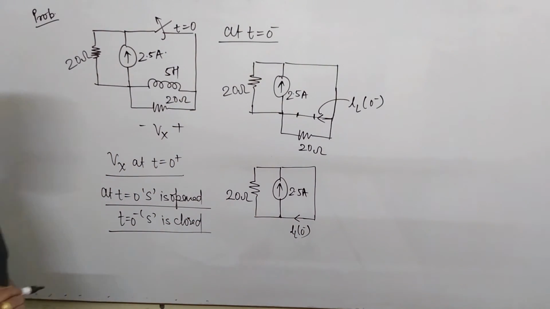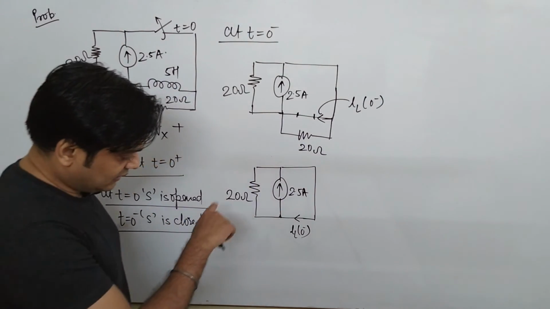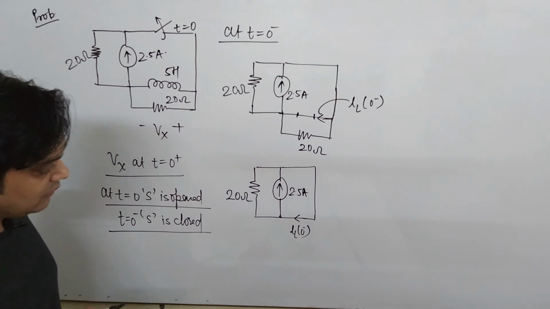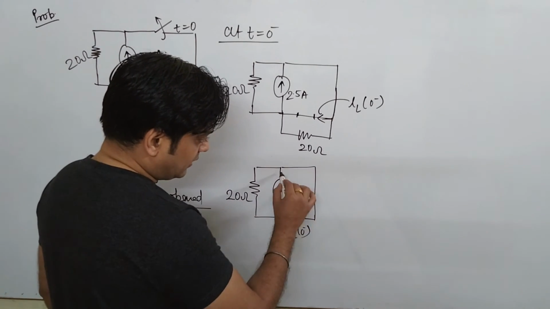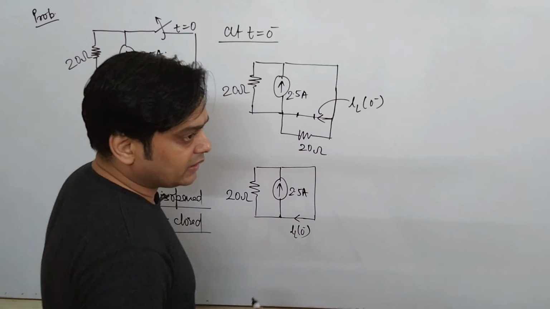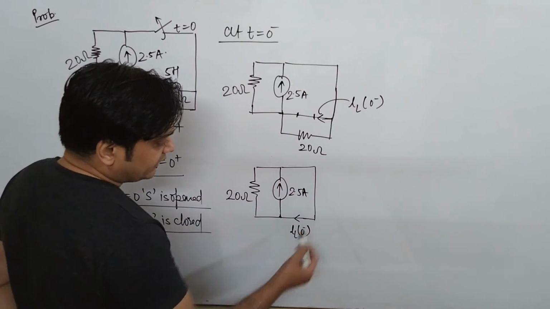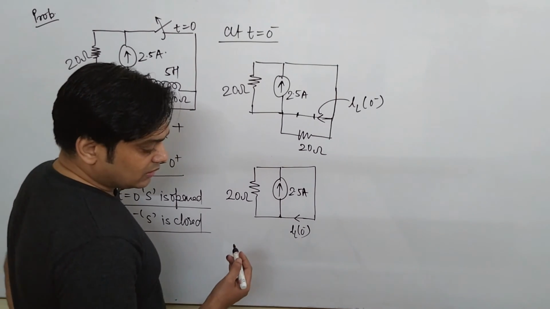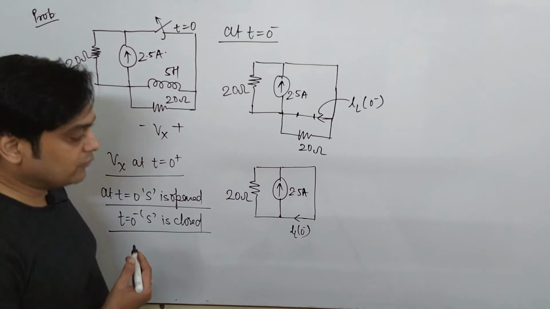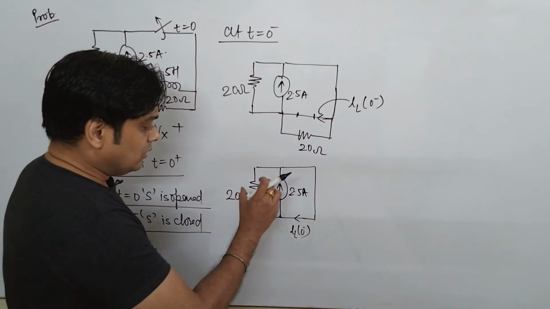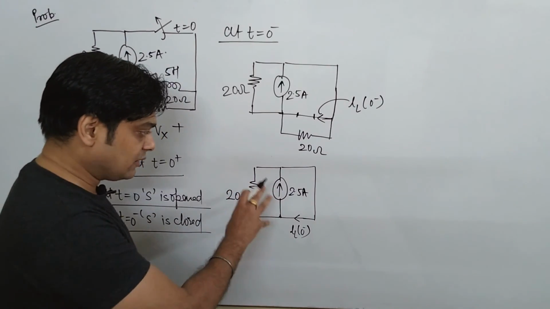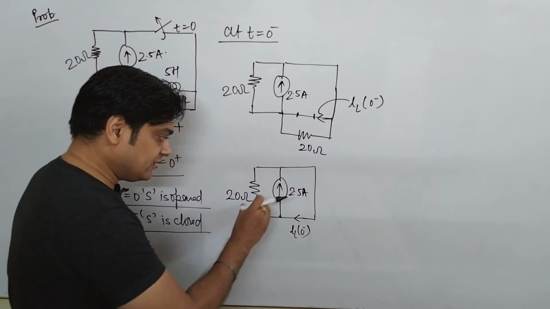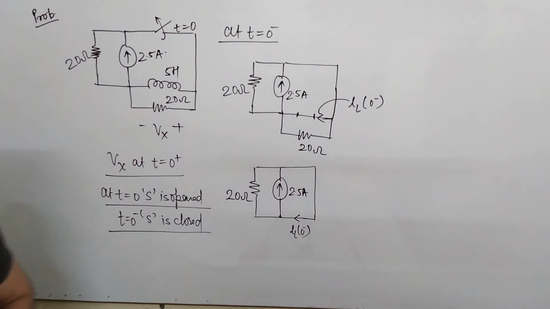Now what is the value of IL0 negative? Solving this type of problem, sometimes a confusion will be there that since it is a short branch, we always used to talk that ideally an infinite current will flow. Sometimes you people will get confused about what is the exact value. Just for your understanding, I am explaining this. For solving such problems, you can convert this into a source transformation.